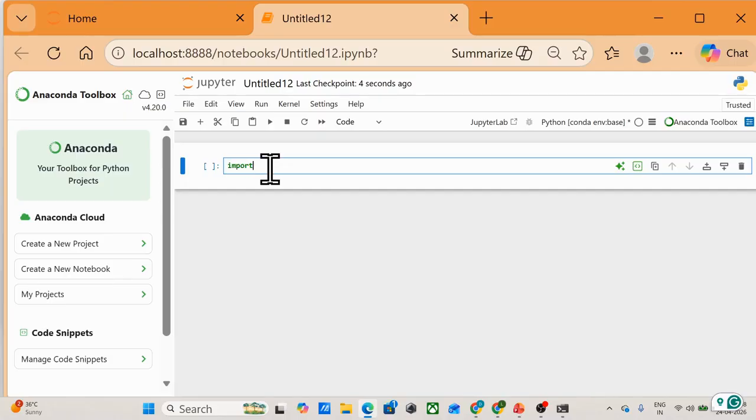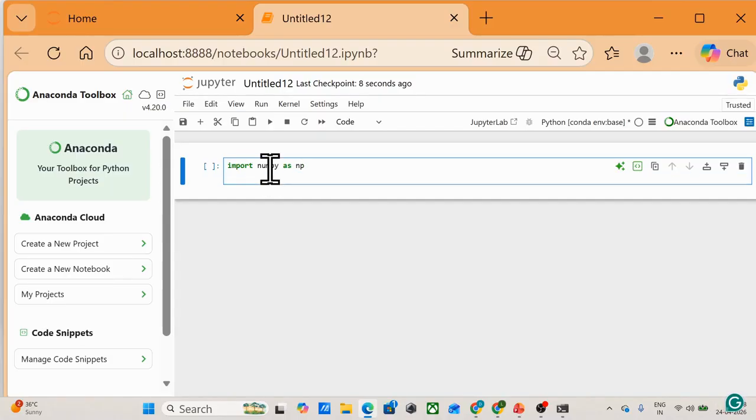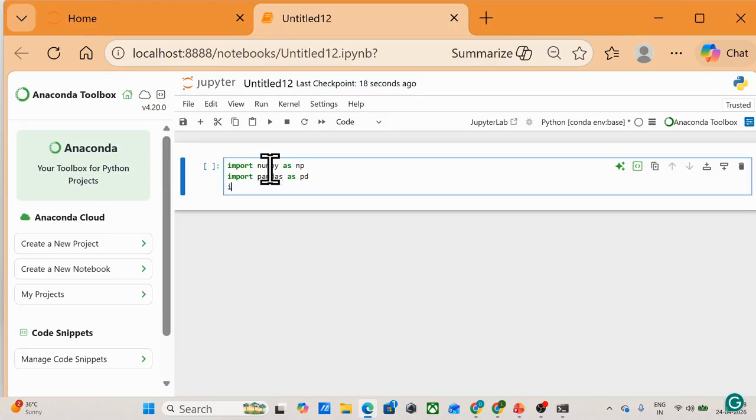Okay, so we'll import NumPy as np, then we will import pandas. If you don't know what these are, you should go to the previous lectures and watch them. Then we'll import matplotlib.pyplot as plt.